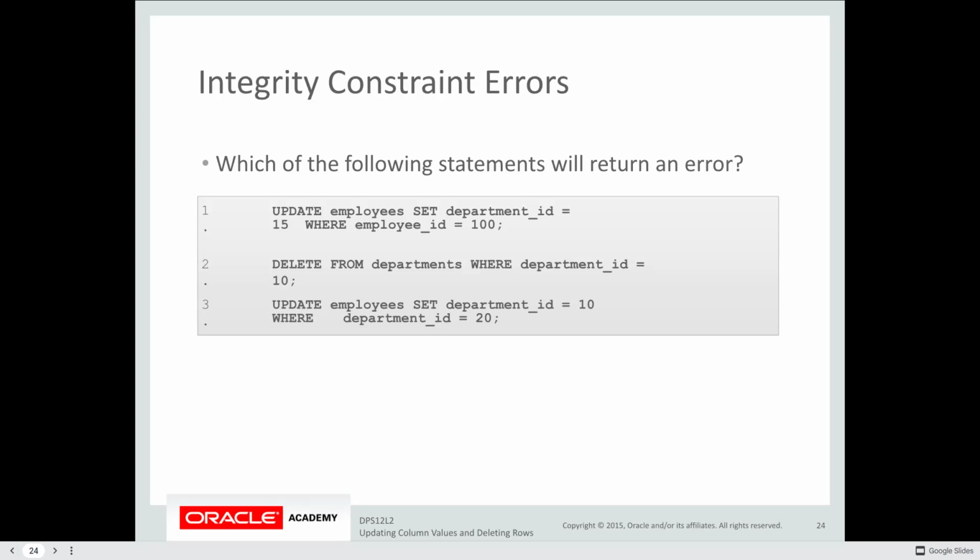Update. Ryland says 1. I think 1 is going to be our winner. Bill says 1. Update employees set department ID